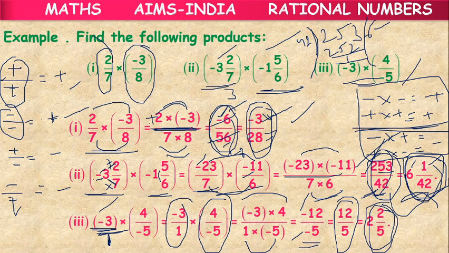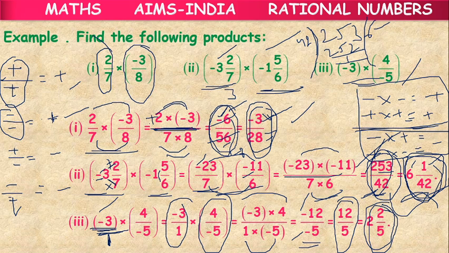Here children, be careful regarding the signs of rational numbers, because if you change the sign, automatically its value will change, because negative numbers are on the left side of 0, positive numbers on the right side of 0. So if you change the sign, their value will become left and right. So the answer will be wrong. You will be losing the marks though the total solution is correct. If you do one minor mistake with the symbol, the total answer will be wrong.